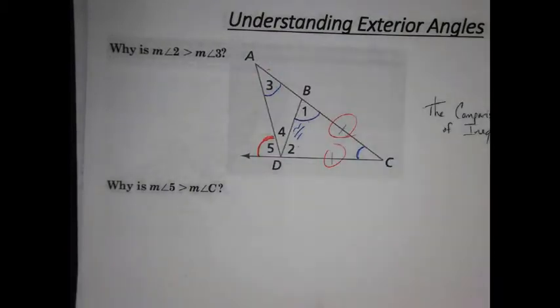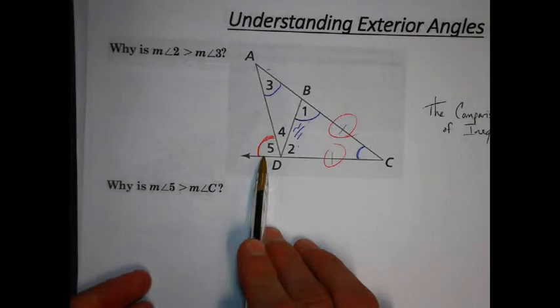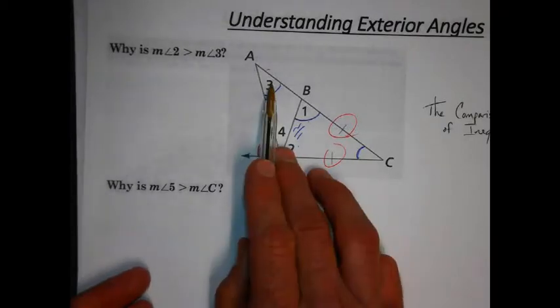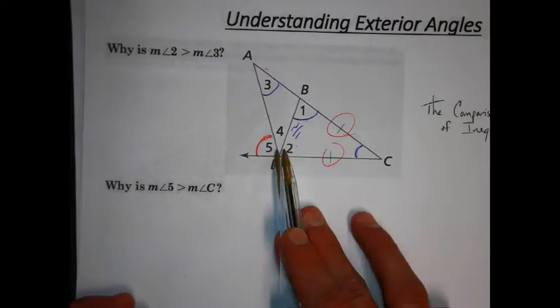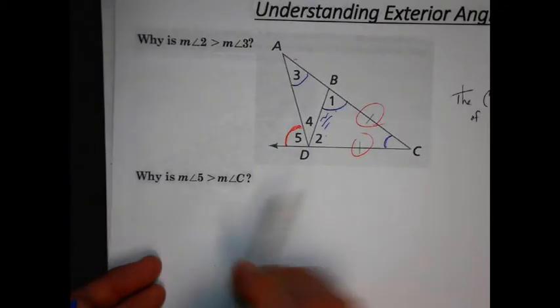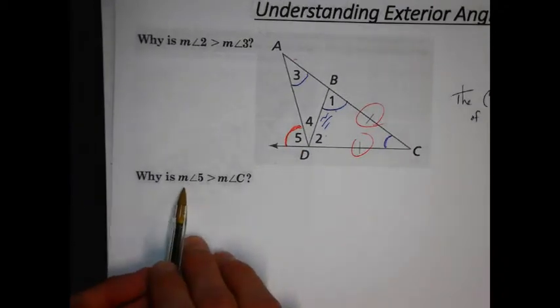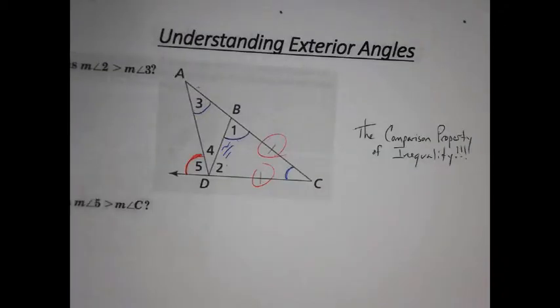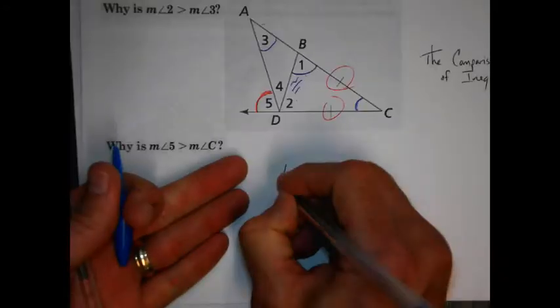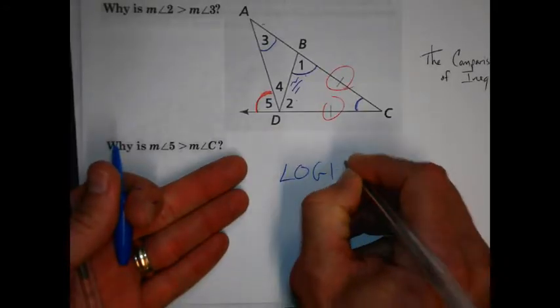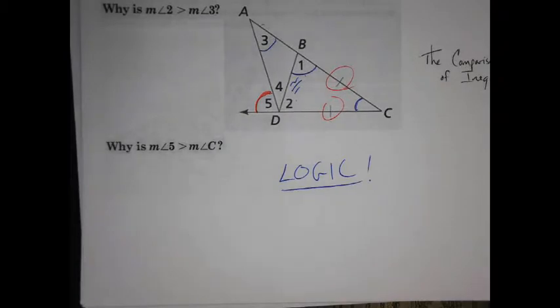And if angle 5 is the sum of angle 3 and angle C, this must be bigger than either one. So the measure of angle 5 is greater than the measure of angle C. That's the comparison property of inequality. Logic. Yay! Okay, so hopefully that helps you think. Anyway,